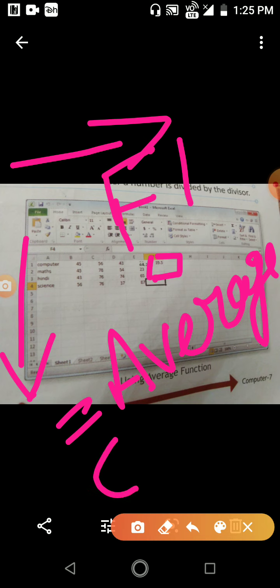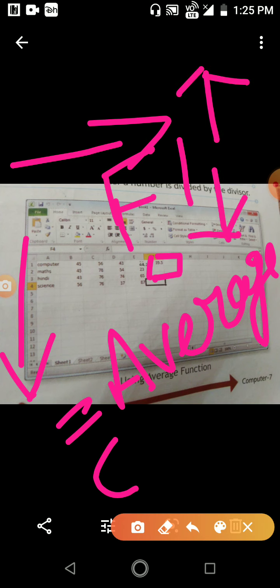Another thing is that you can also select the cells. There is no need to write B1 plus C1 including D1, E1. Simply select all the cells with the help of the arrow keys on your keyboard.